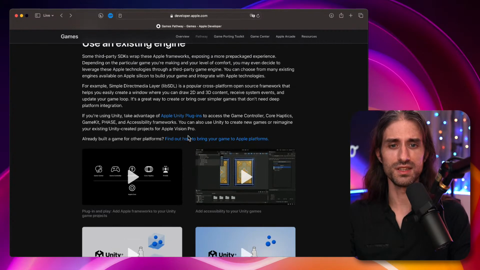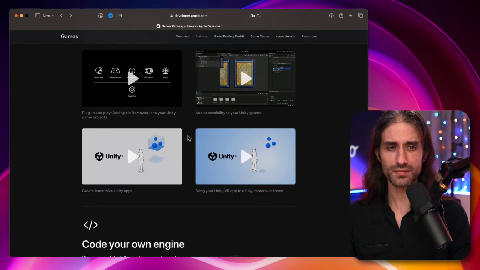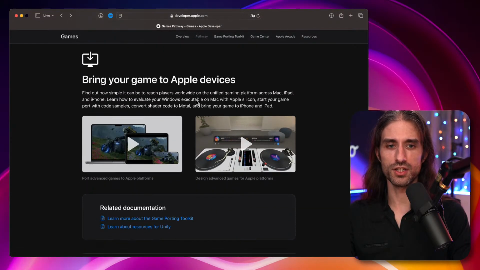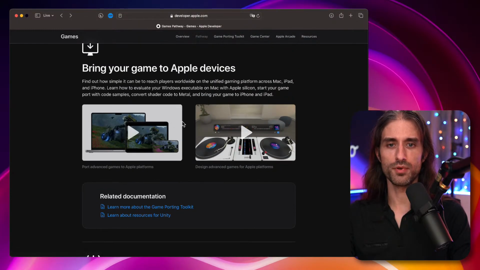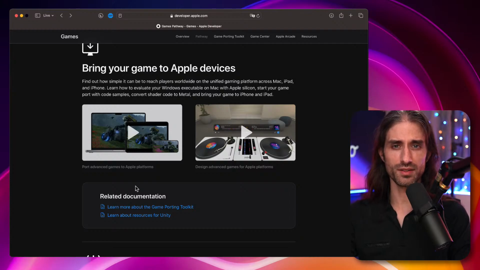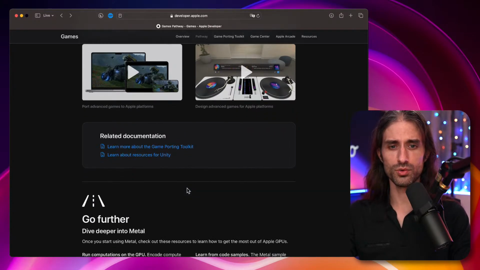Then it talks a bit about Unity, coding your own game engine, bringing your game to Apple devices. So you might have seen that being mentioned at WWDC and the Apple events for something like 2 years now. There is a strong emphasis on bringing games to the Mac.